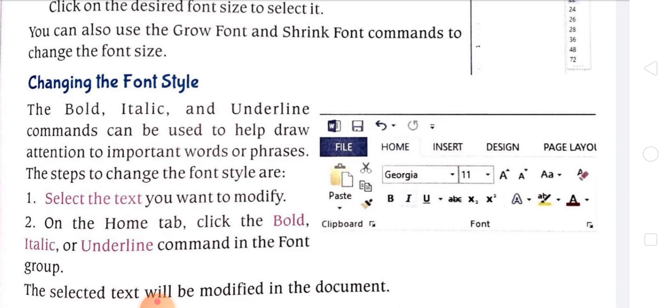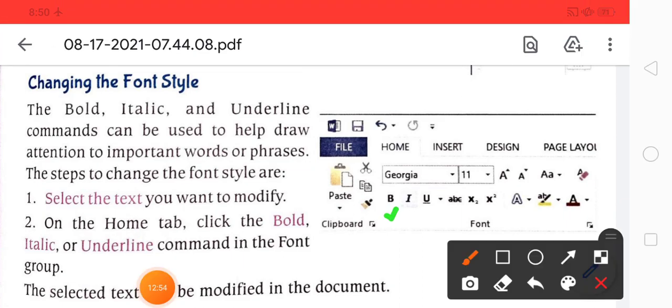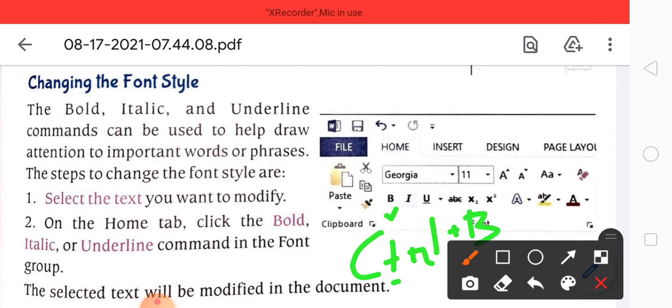Then after that, if you want to bold them, just click on this bold option, and the shortcut key is Control plus B. Okay, with that particular shortcut key, we also make the font bold.